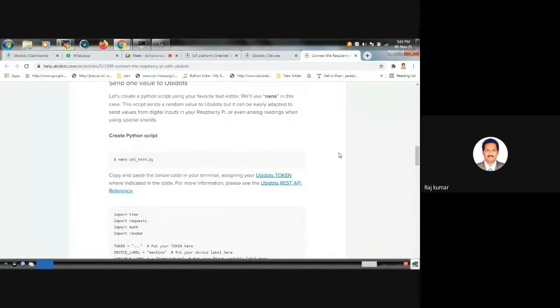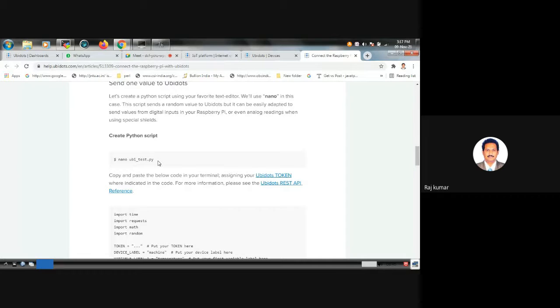Next, create the Python script. One editor is there, the Nano editor. The same name I have given, ubitest.py. Using that, you can open the Nano editor on the Raspberry Pi, but it is a little bit difficult to type all these things. We have to be careful. If you want to go to the previous line, we have to use commands like in old Linux, Unix versions. So we have to be very careful when using this Nano editor.